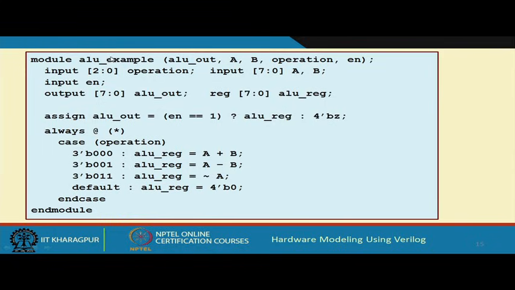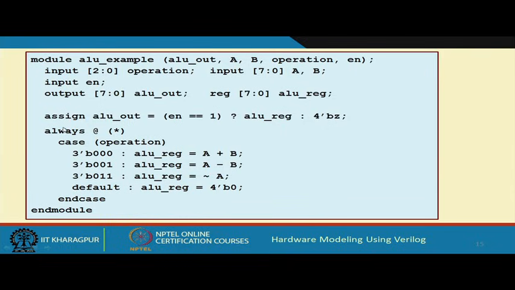Now, this output will be generated in ALU reg and it will be stored in here. So, you see this ALU out, we are just doing a continuous assignment. If enable equal to 1, then ALU reg will be transferred to ALU out, otherwise it will be tri-state